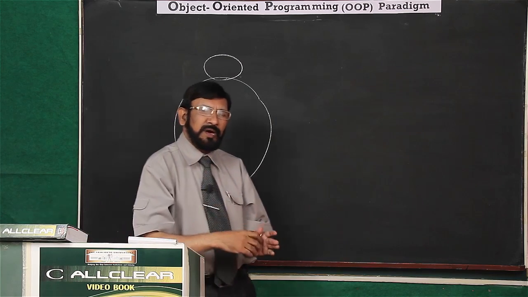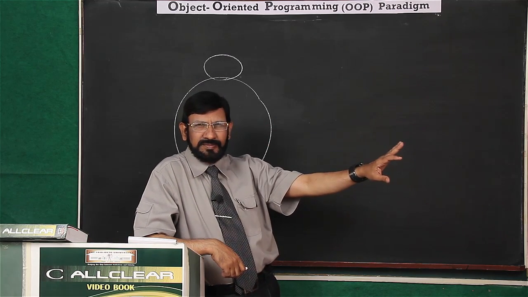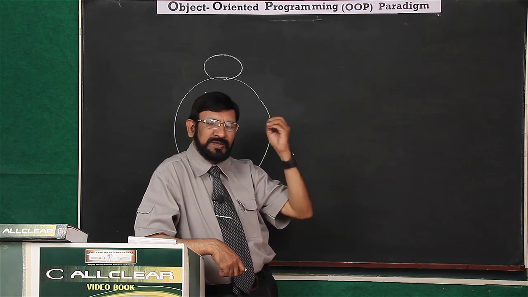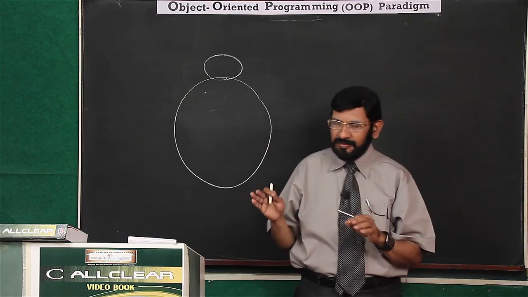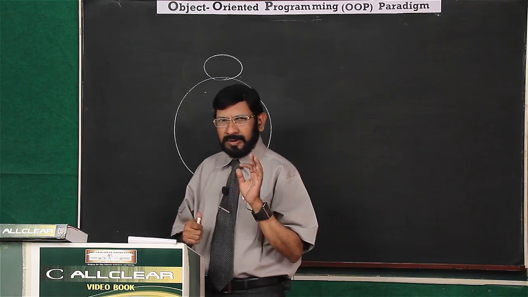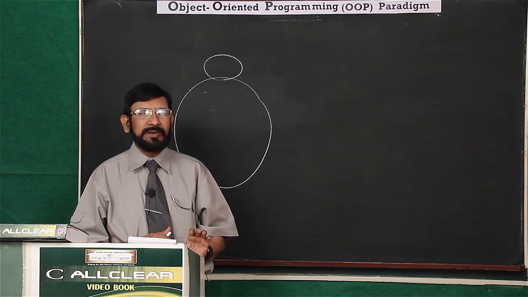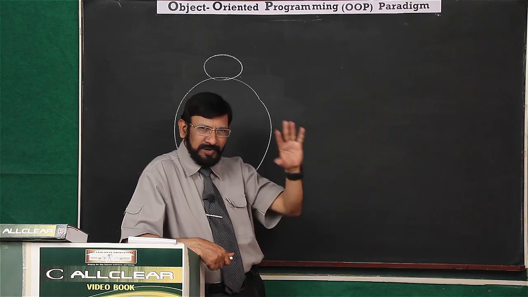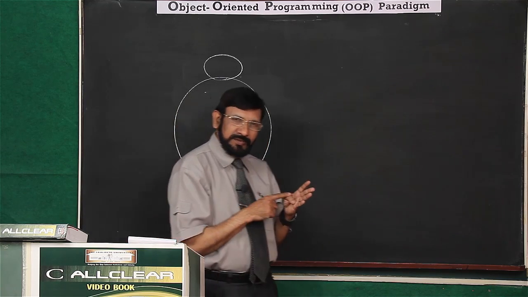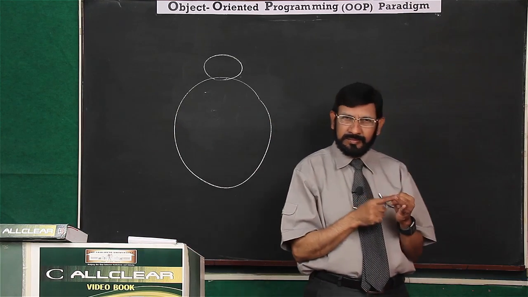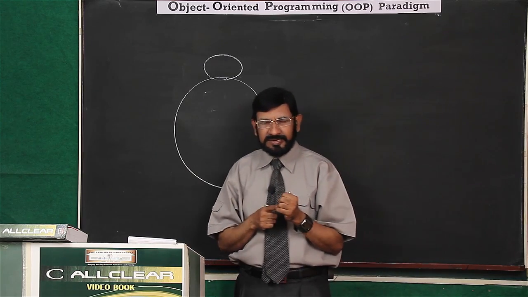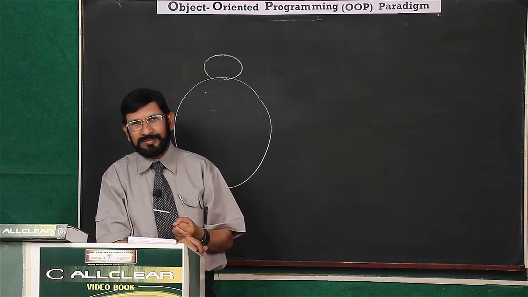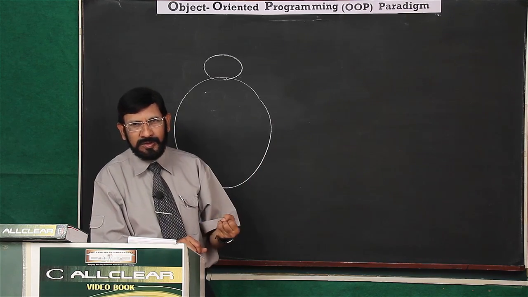So, when we say object, we always think of physical objects. The word itself suggests some physical thing. Here, we are dealing with programming. Programming deals with data. That's why if I talk about a student object, you should understand that the student himself should not come to mind. His name, his roll number, his marks, his grade, his section, etc. The data relating to the student you have to take. For an employee, the data relating to the employee you have to take.